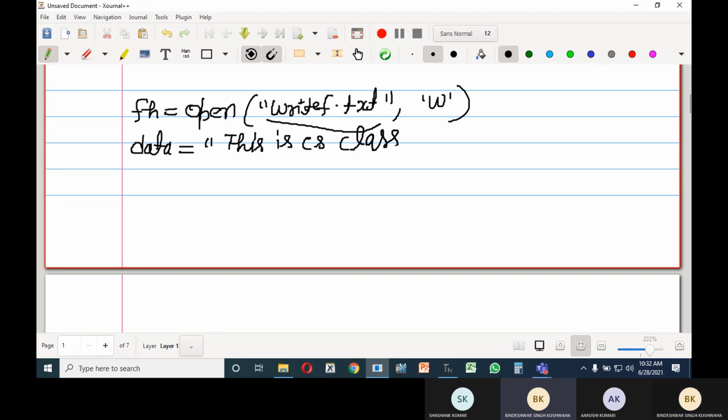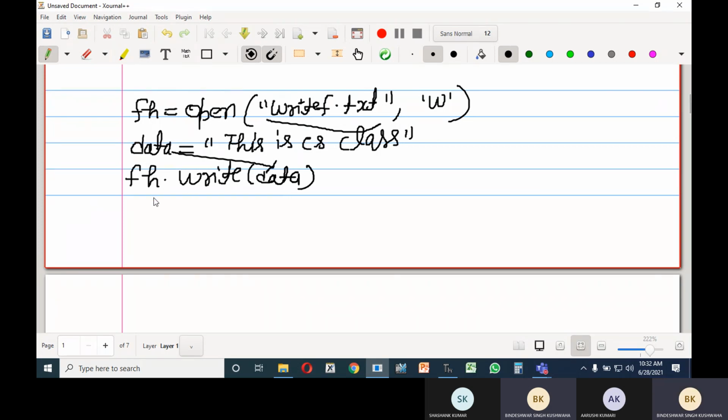If you are going to write some data onto a file, you should have some data, and thereafter you will write fh.write. The write function will not return anything because you are writing here.